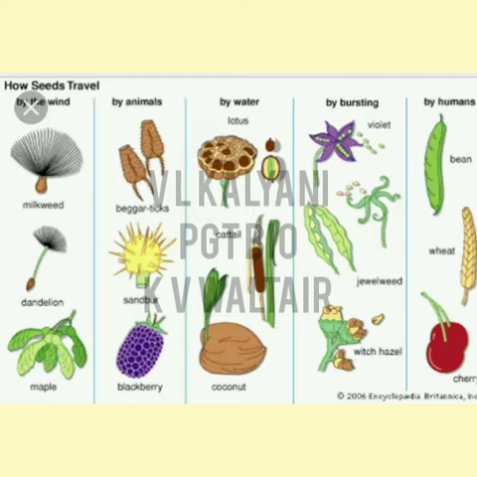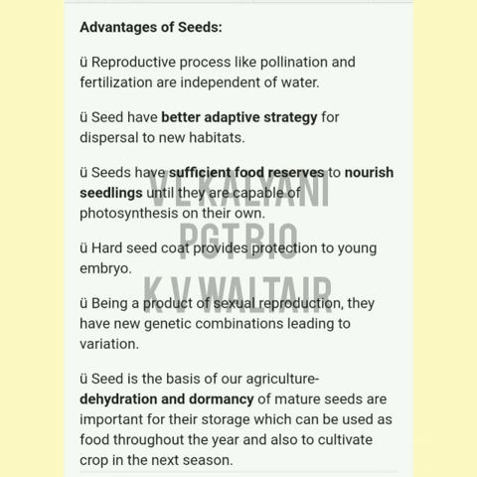So these seeds are carried either by animals, wind, or water. Again, they can be carried to different locations, and they have their own mechanisms for dispersal. Like how pollen grains are carried, even the seeds are carried to other areas. So they help in the spreading of the species. And they have sufficient food reserves. Another advantage, children: the embryo is able to survive because it has